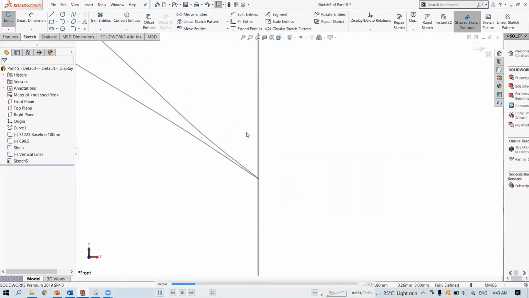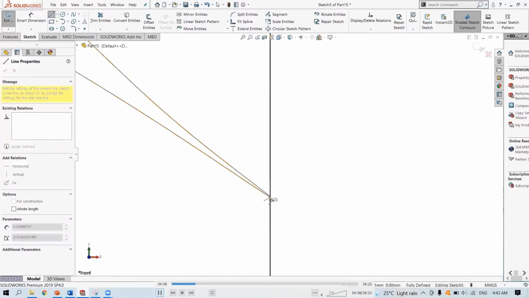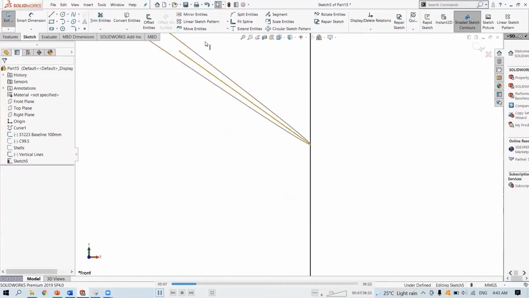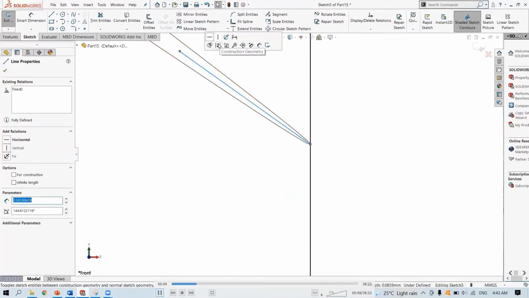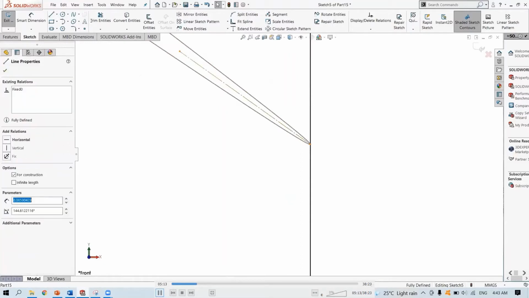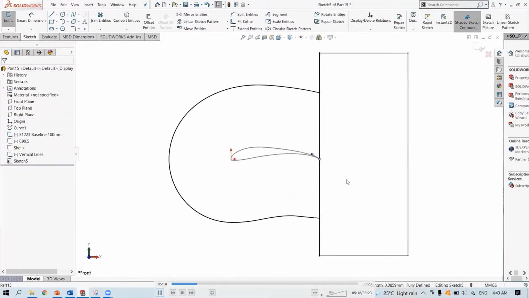Now we are just gonna approximate a line which is, let's say, midway, just so that we can estimate the guide curves later on after this. Just extend it a bit.